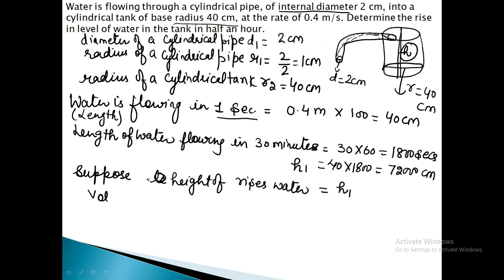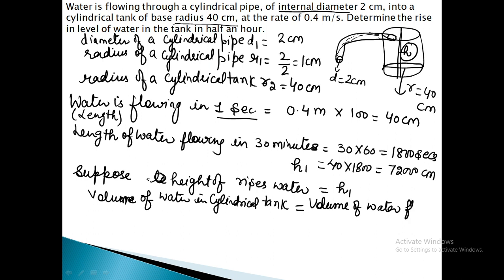these two formulas. First, we have to write on the left side: volume of water in cylindrical tank is equal to volume of water flowing from pipe. The formula for both we will use the same, pi r raised to power 2 h. But here on the left side we will use the radius of the cylindrical tank, that is known as r2, and on the right side the radius of the pipe we will write here